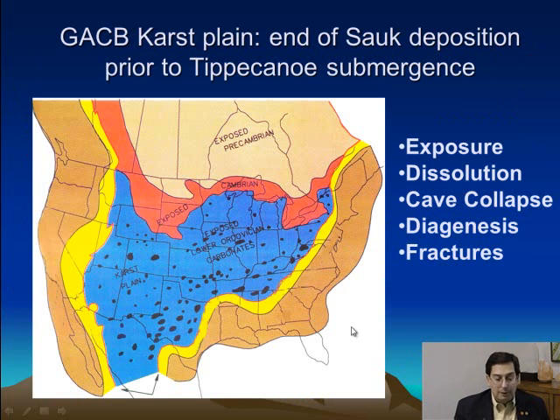And of course, all of these reservoirs that were deposited in various depositional patterns are affected by the unconformity, which has a duration of anywhere from a few 100,000 years to perhaps as much as 10 million years. And this unconformity at the top of these reservoirs, it dissolves them, causes caves that collapse. There's a lot of diagenesis and fractures associated with this major exposure surface.